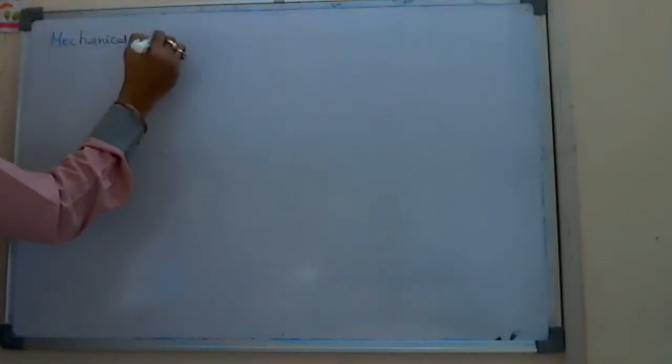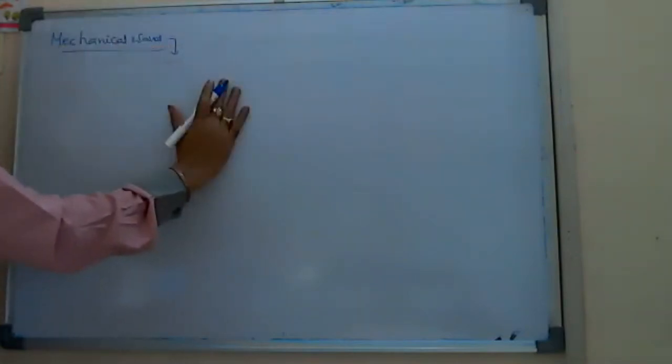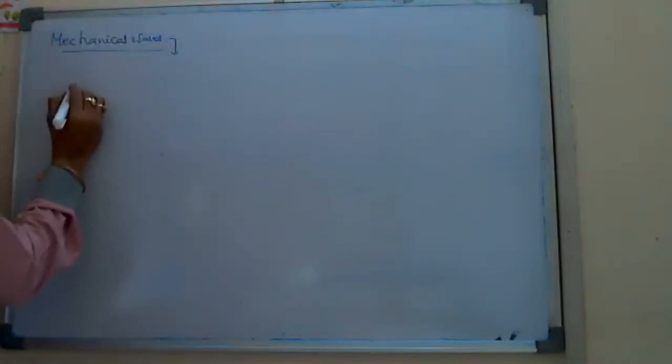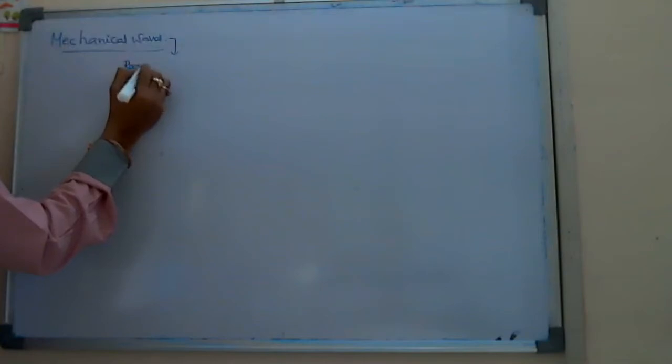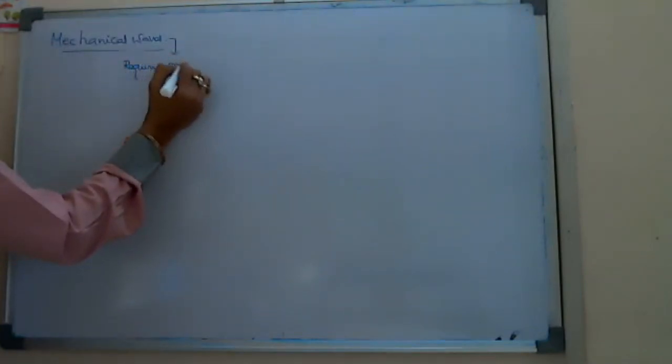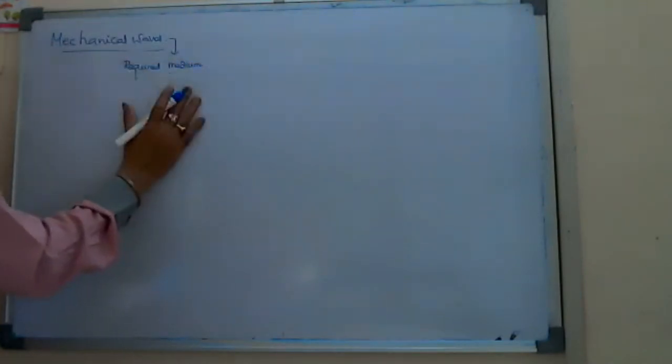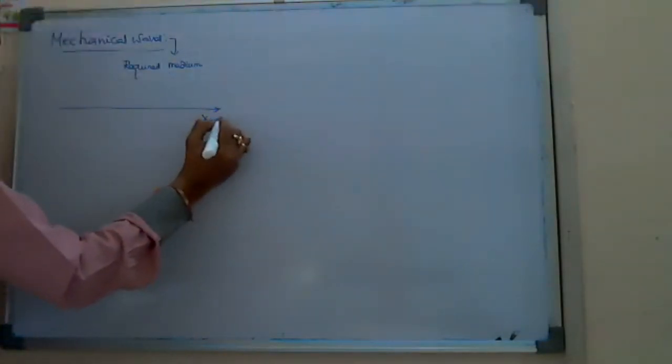This chapter, already I told, is completely related to mechanical waves, not electromagnetic waves. These mechanical waves means the wave is nothing but disturbance, propagation of energy. While propagating the energy through a medium, we have to take a medium now. Why? Because mechanical waves require a material medium. Already we discussed this point. So in the medium, when a mechanical wave is propagating towards the positive x-axis, energy is propagating in this direction.